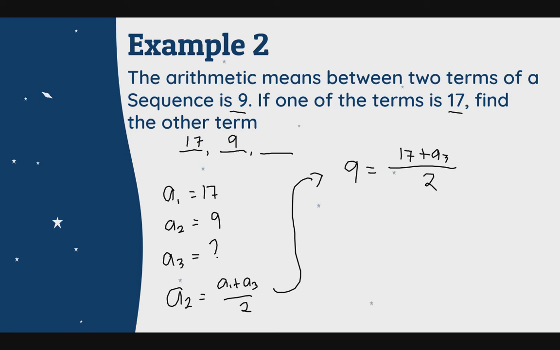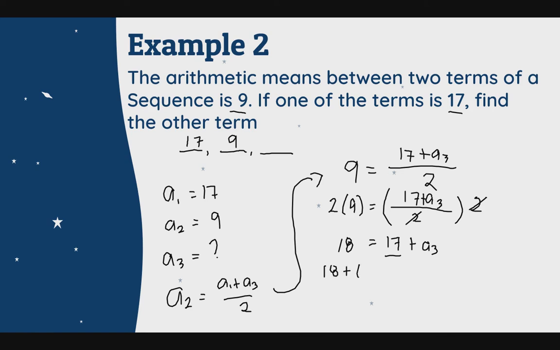To eliminate 2 as the denominator, we have to multiply both sides by 2. So we will have 17 plus a sub 3 over 2 times 2. So 2 divided by 2 will be 1. 2 times 9 is 18, equal to 17 plus a sub 3. And to get a sub 3, we have to add the additive inverse of 17 to make it 0 to both sides of the equation, which will be 18 plus negative 17 equal to